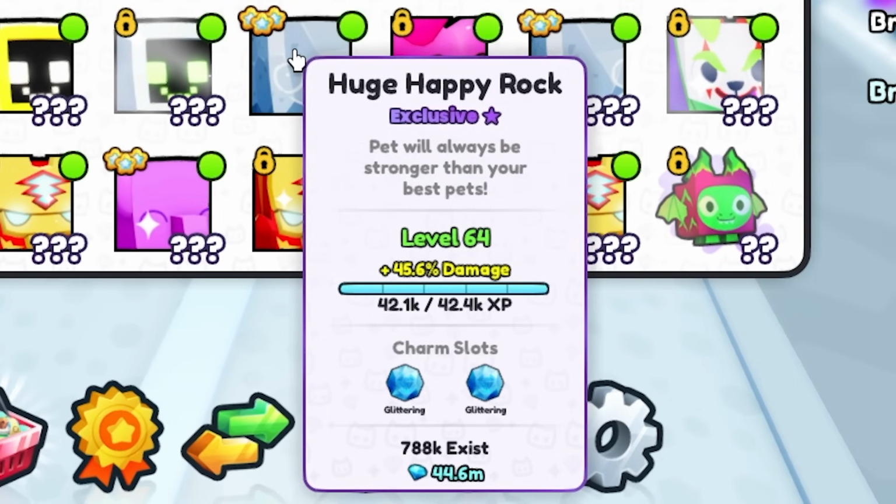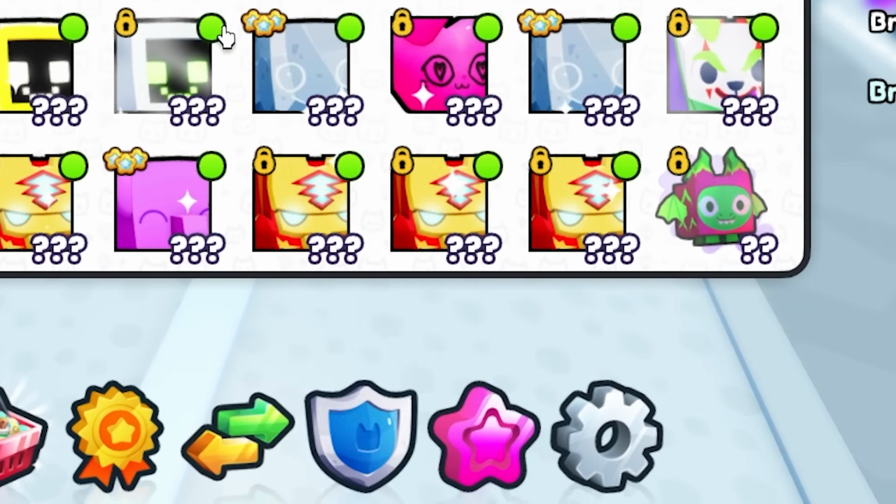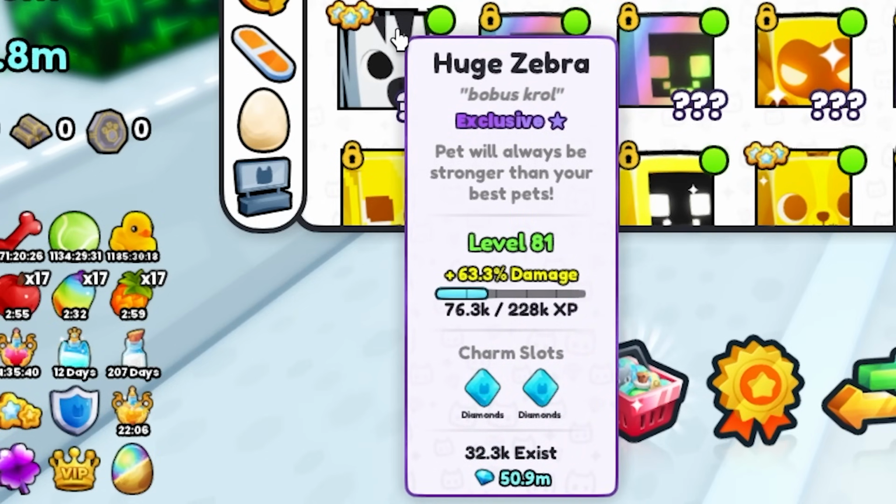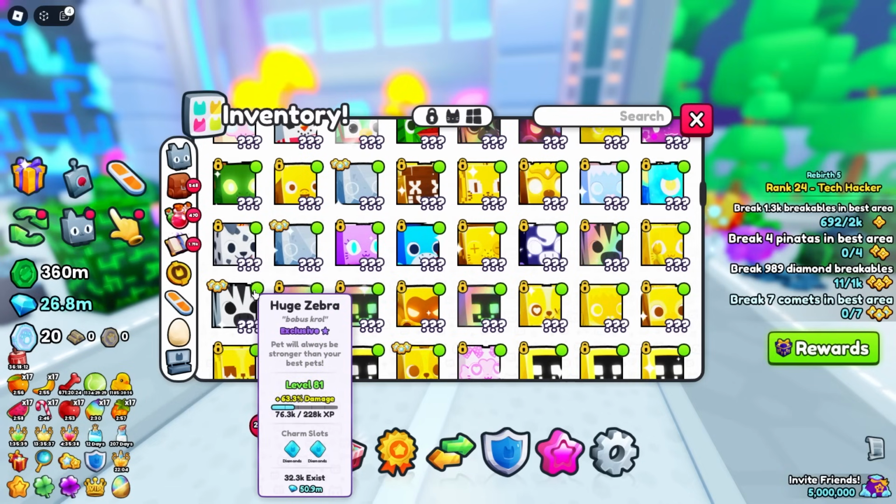I would say the average, though, is going to be about 50 million, because you're probably going to get some happy computers at some point. You might have a huge zebra. That's 50 million. Those are the cheaper ones. Now, if you have better huges, good, because it's going to be so much easier for you to be able